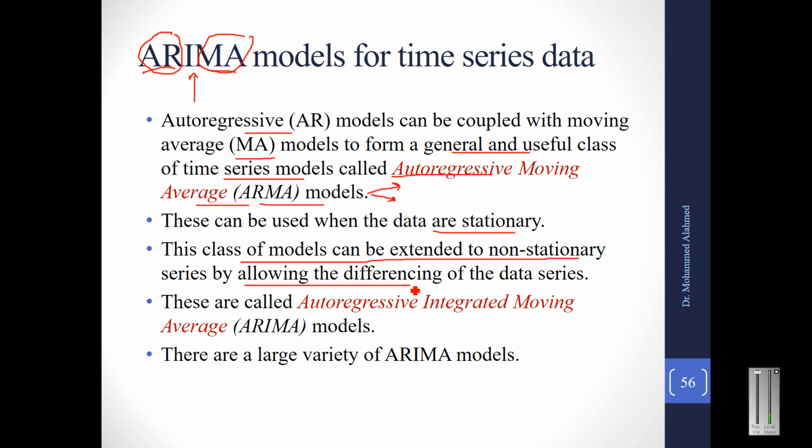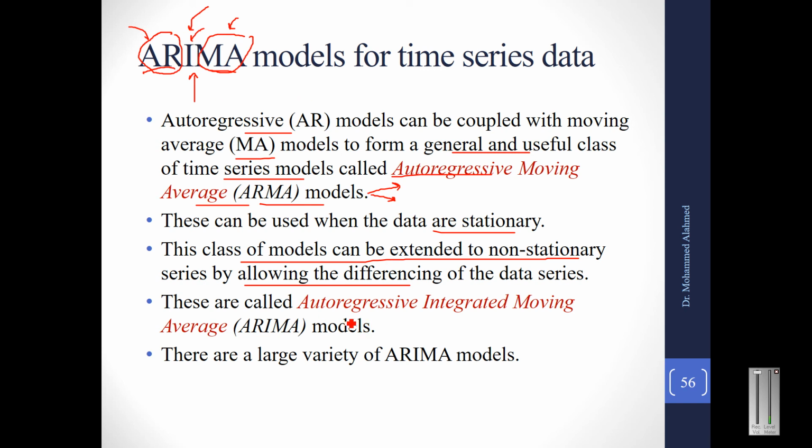or by differencing it twice. So this I that belongs here is known as integrated, but basically it represents the order of differencing. If you have differenced only once, the value of I becomes 1. If you have differenced twice, I becomes 2. So when you have an AR model coupled with an MA model coupled with differencing, right? Why do you do differencing? In order to make the non-stationary into a stationary series.